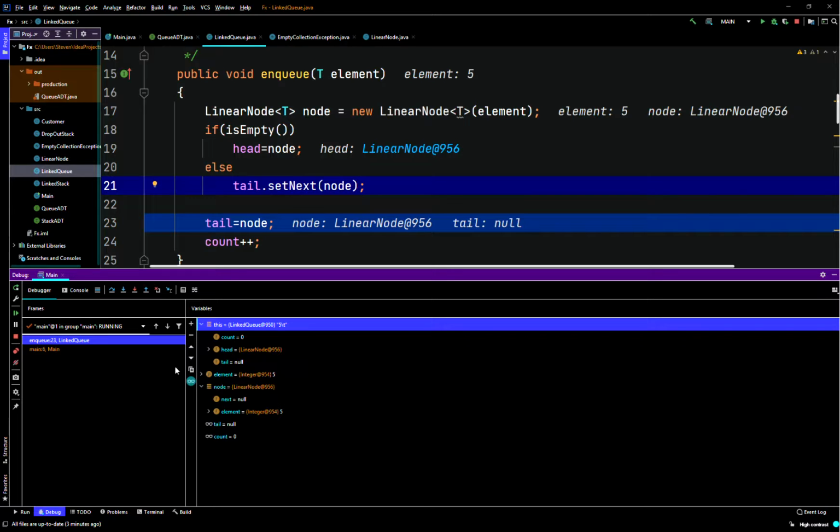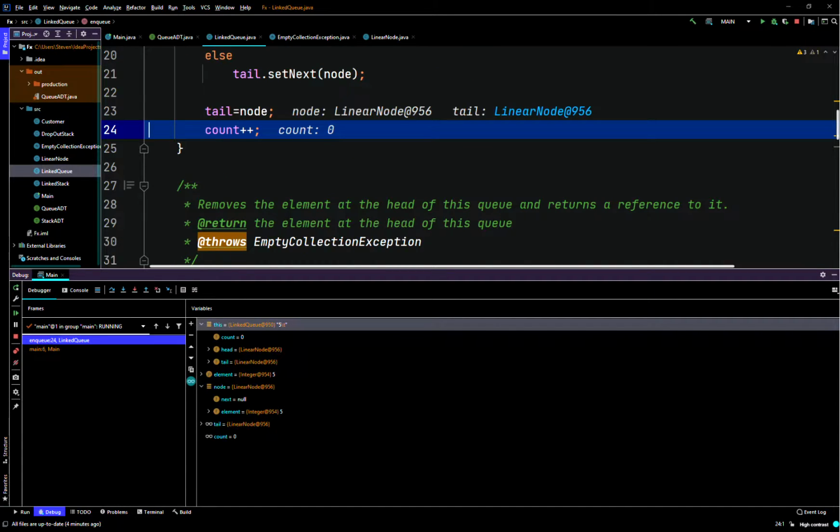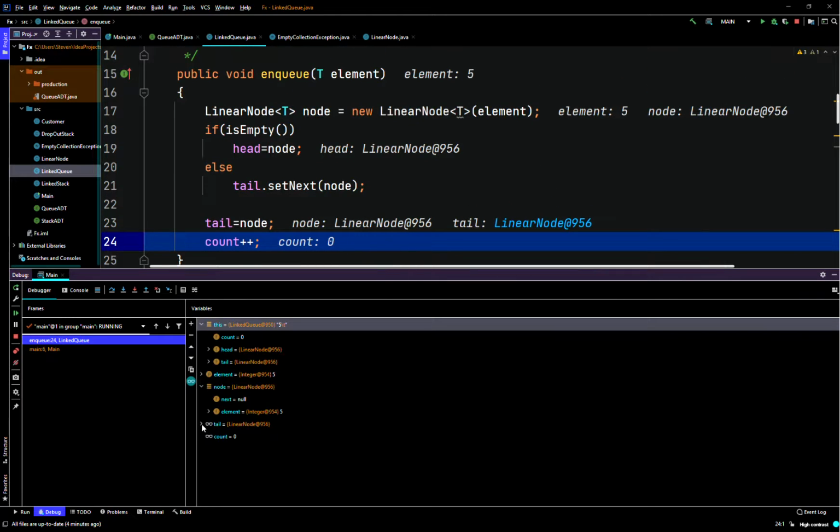Then we'll say tail, which right now is null. So we'll say tail points to the node as well. So tail points to the node at memory location 956. So head and tail are both the same. There we go, tail at 956. Its next is null and its element is 5, so its next reference is null because there's only one element